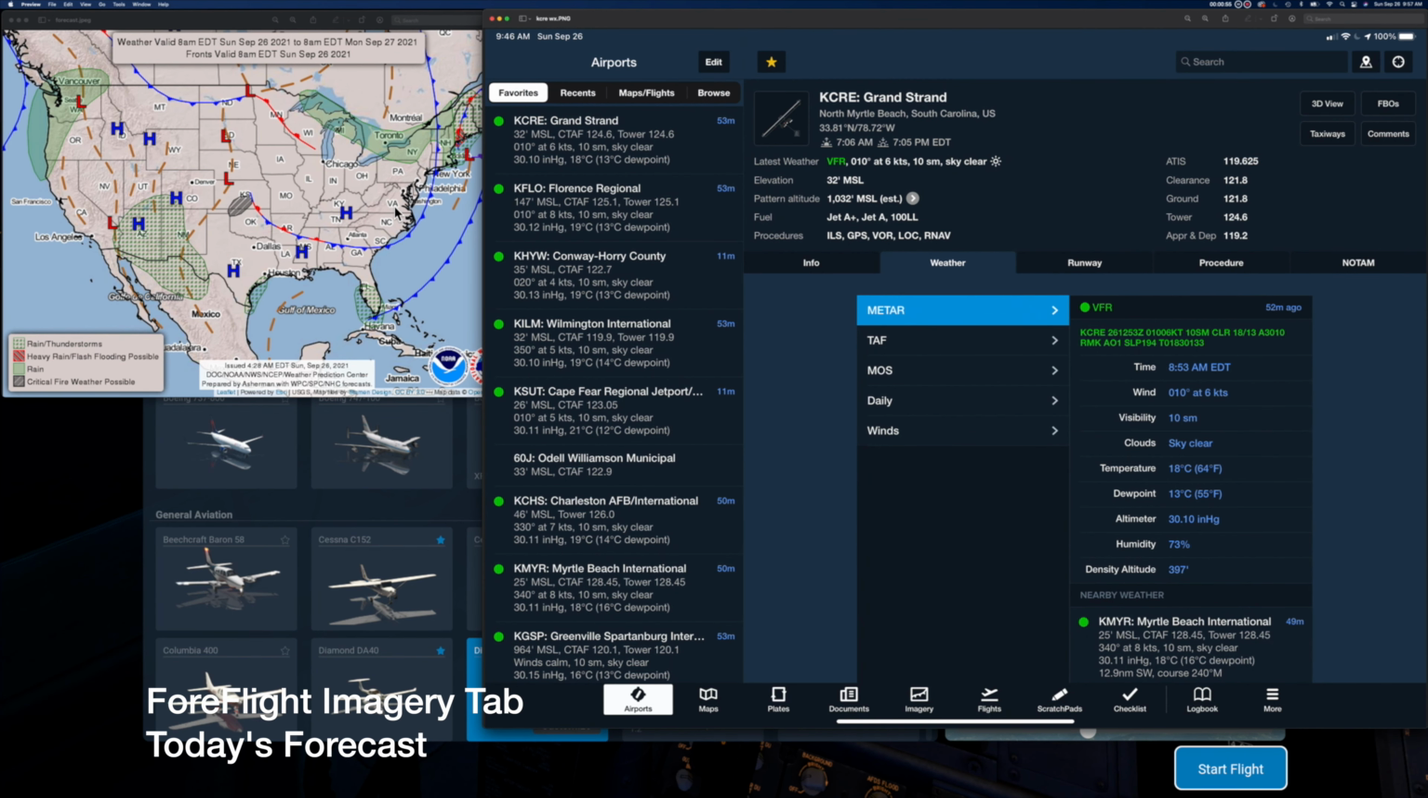This one shows the forecast for the day, and it looks like there's a high pressure system sitting here. It's going to be a really nice day. And over here, this is the ForeFlight Grand Strand weather for this morning. It's the latest VFR